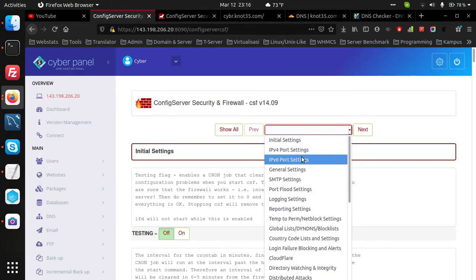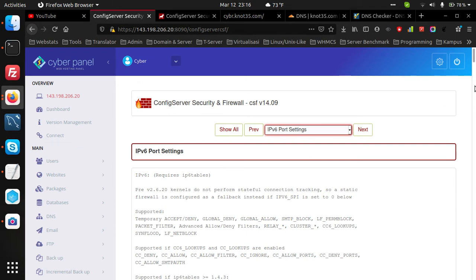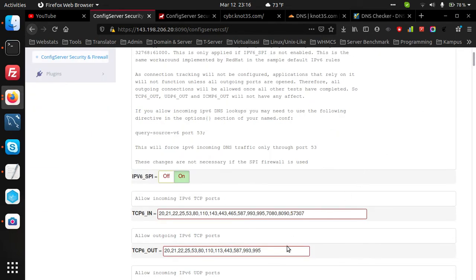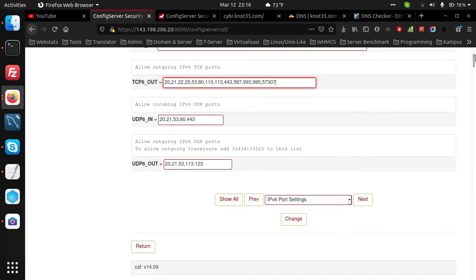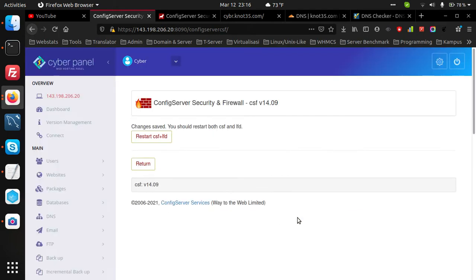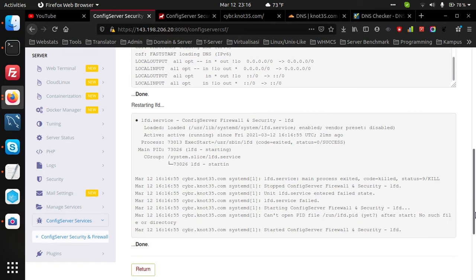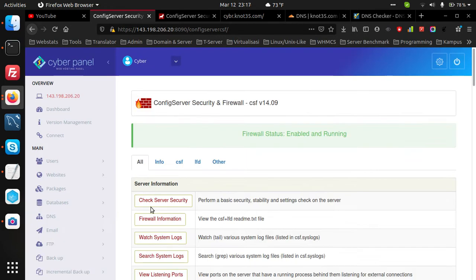For IPv6, for TCP6, and change, and restart CSF and LFD, then going back to the home page.